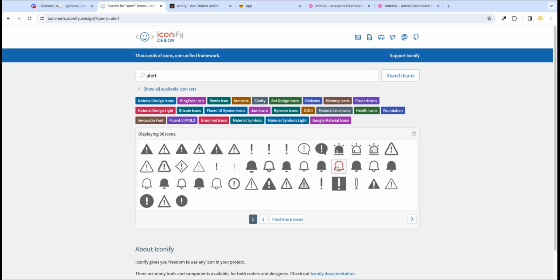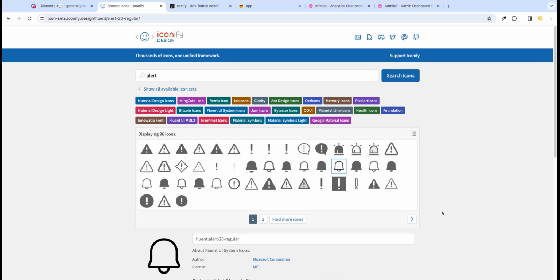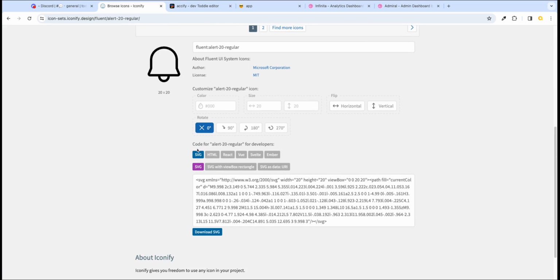So what have we got there? Oh, perfect. 20 by 20, that will do. Scroll down and make sure SVG is selected. And then here's the SVG code. Just click here to copy that. That's our image. And then back in Toddle,